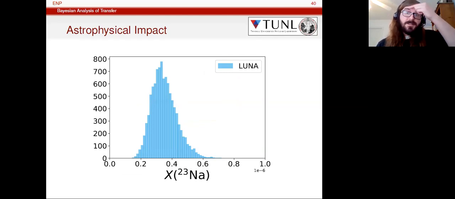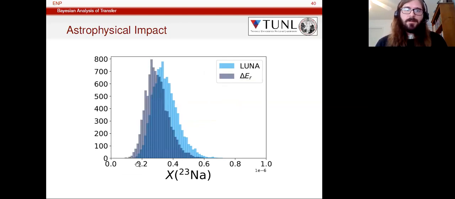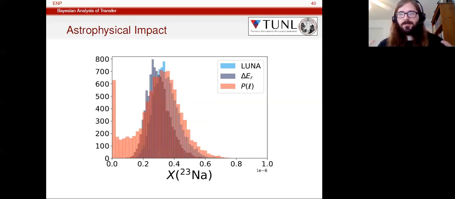Finally, getting to the astrophysics, if you calculate the amount of sodium, so this is just some simple network calculation, we can use the LUNA rate. They give all of their uncertainties, which imply this kind of spread of possible sodium distributions. Just the shift in the resonance energy shifts this peak over. And then if we assume everything using our proton partial widths, you get this massive distribution of possible amounts of sodium. So, you know, you really need both methods in order to get to good